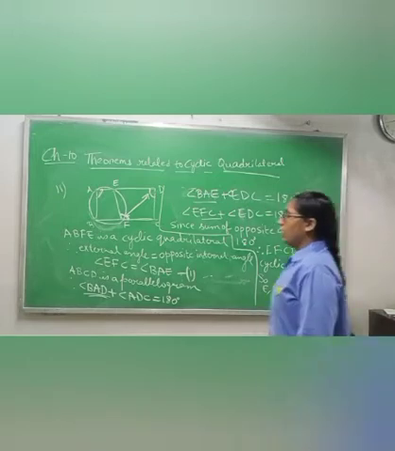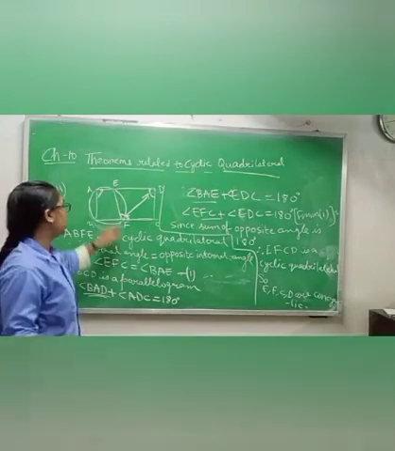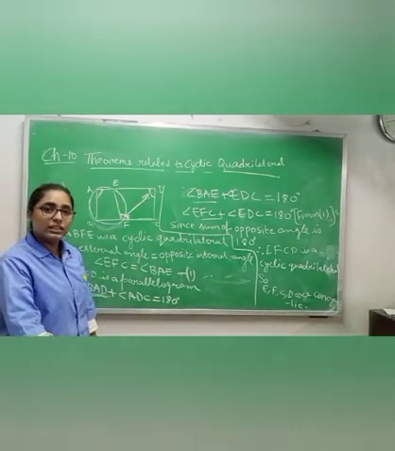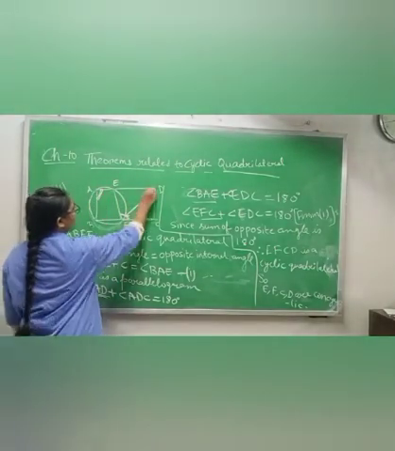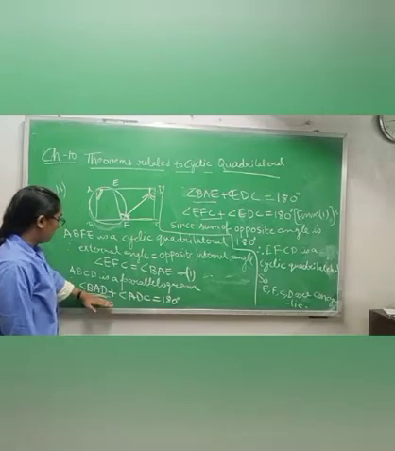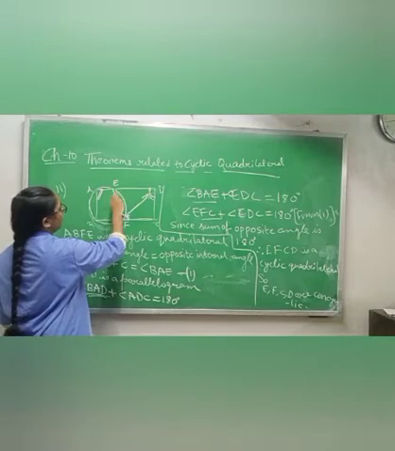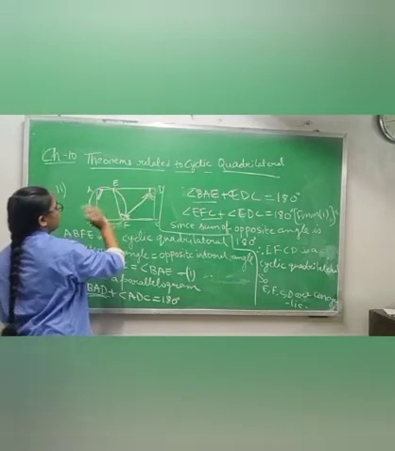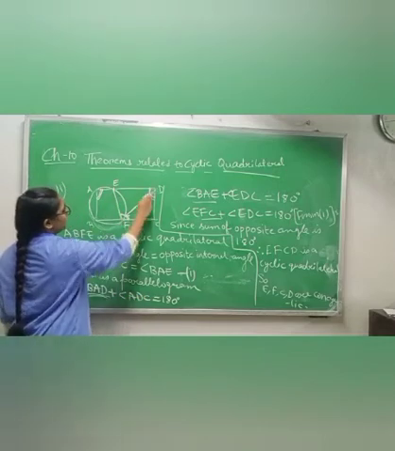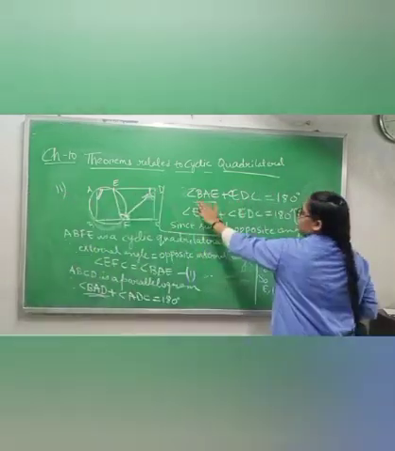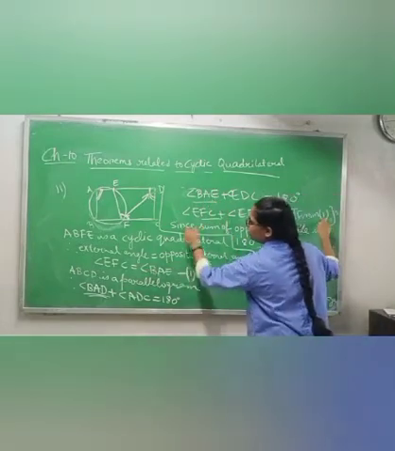Now after that, ABCD is a parallelogram. When it is a parallelogram, the sum of the adjacent angles will be 180 degrees. Means BAD and ADC, this angle and this angle, will give you 180 degrees. Now in place of BAD, you can write BAE also. You are not changing the angle, you are only keeping it up to here. So BAE I can write, and in place of ADC I can write EDC also.